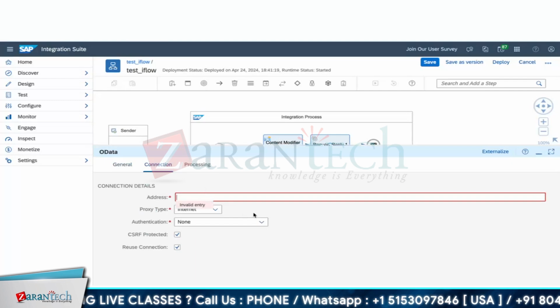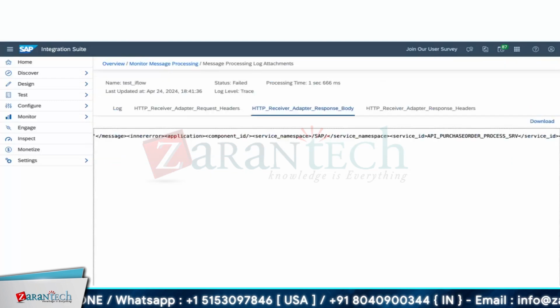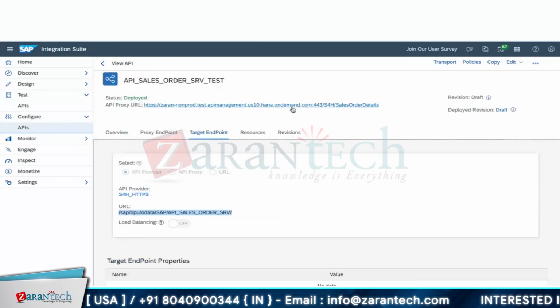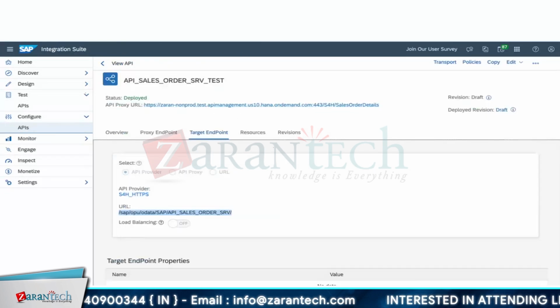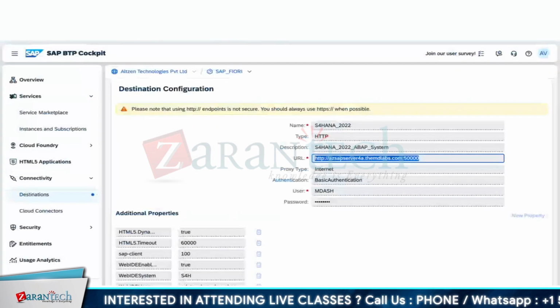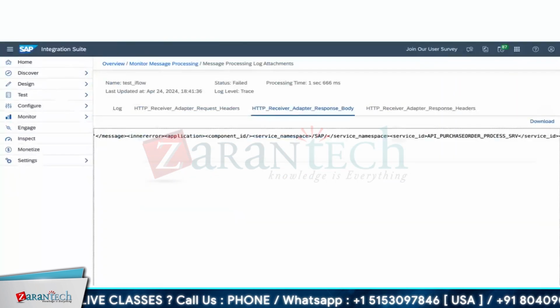It's going to be the same. Let me show you with the other service also, just how to connect your OData adapter through a connection. Let me check whether that is established.